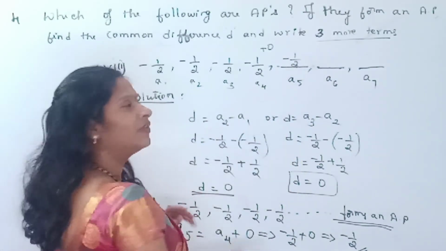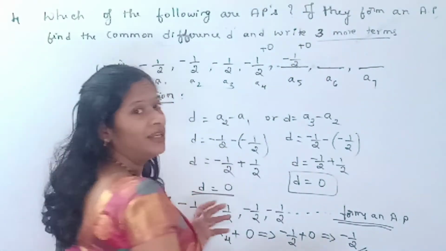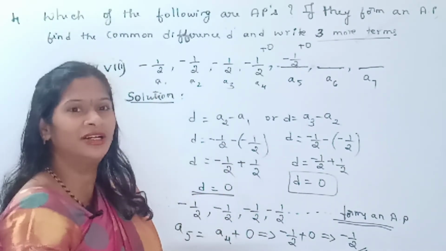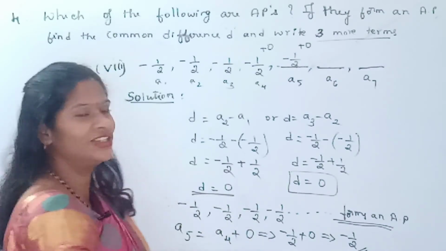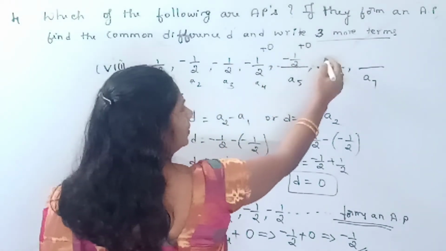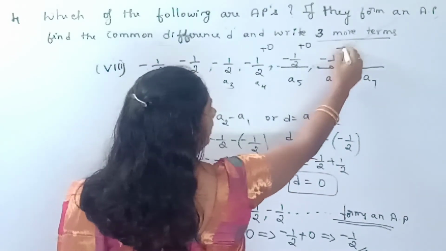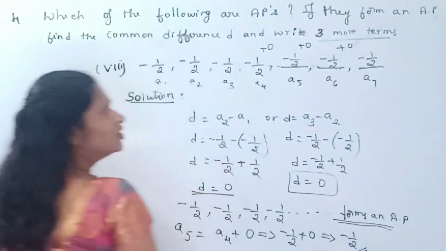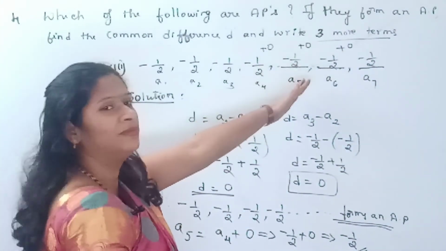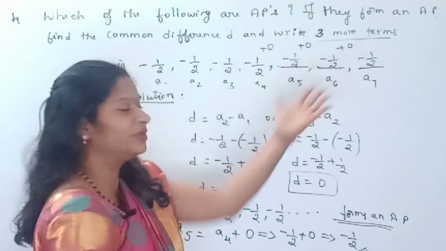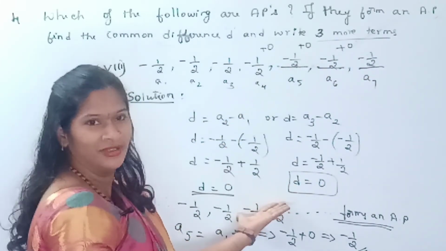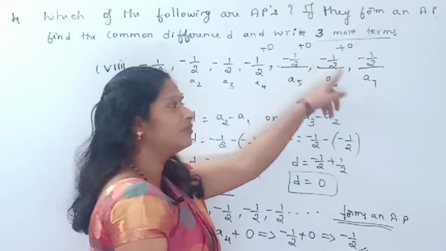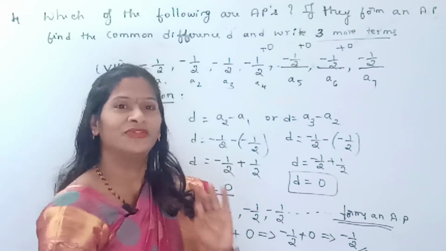Again 6th term, how will you find out? Once again add 0, no difference. If you add 0 or if you subtract 0 to any number, you will not find any difference, isn't it, children? So now -half plus 0, it is -half itself. Again you add 0 to -half, you will be getting -half itself. So all the list of numbers is same, because common difference is same. Got it? So now 5th term is -half, even 6th term also -half, even 7th term also -half itself.